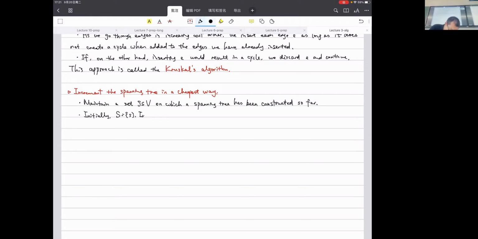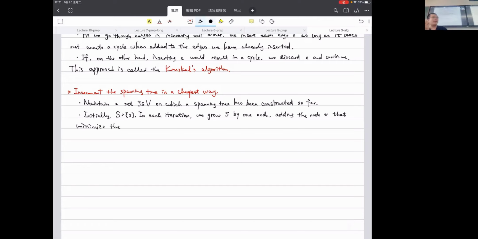In each iteration, we grow S by one node. It depends on which node we want to add. So we add the node v that minimizes